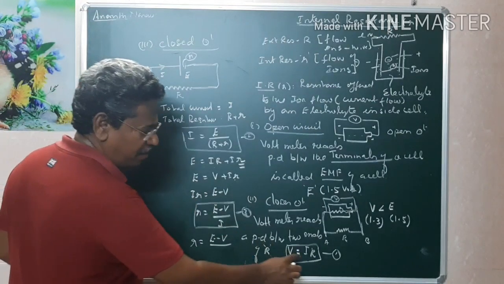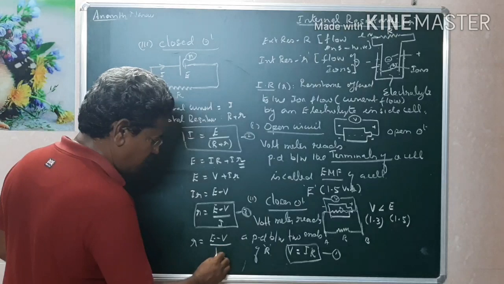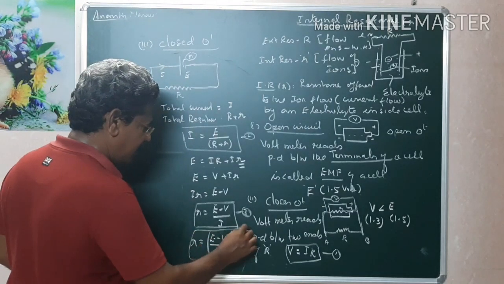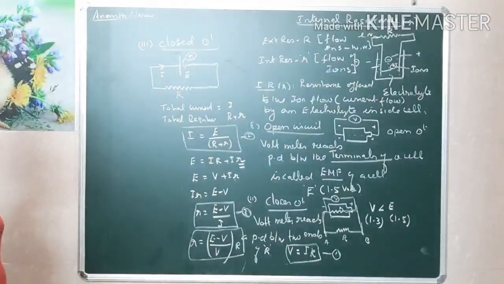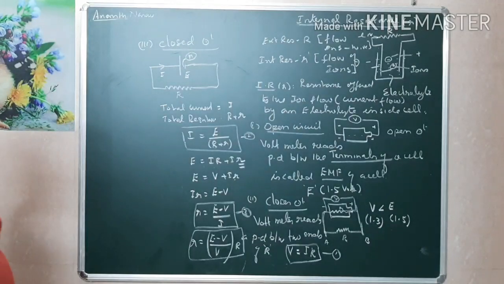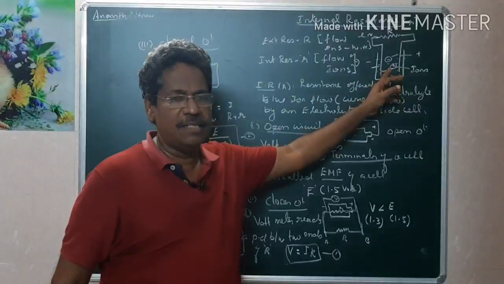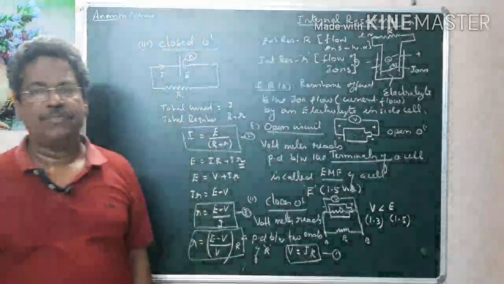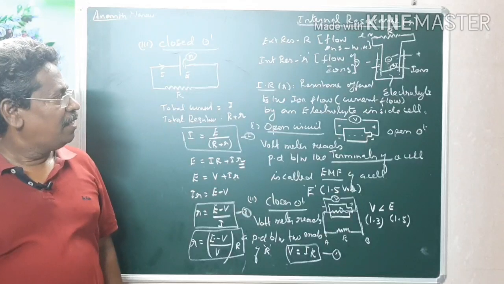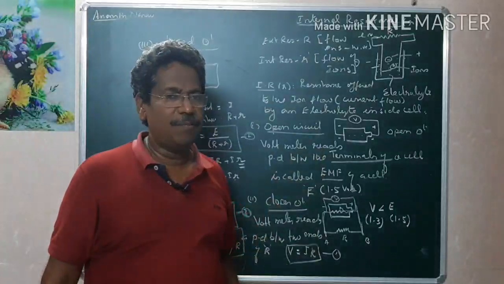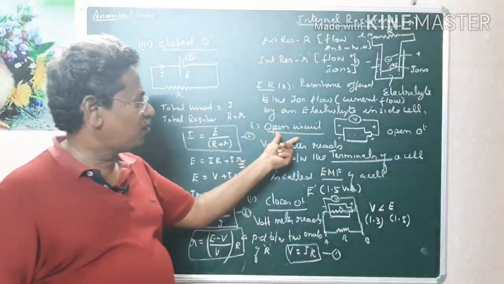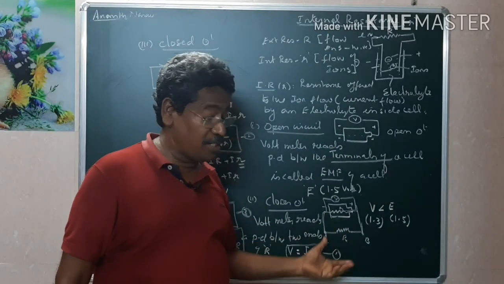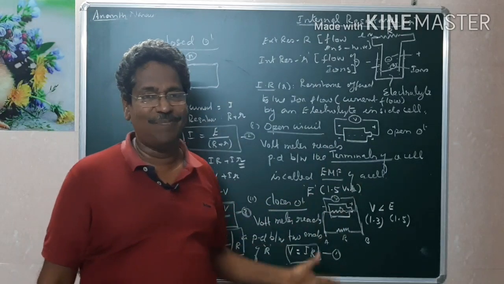That's all. Internal resistance can also be written as r equal to E minus V by, what is the expression for I? I can be written as V by R. So you can also write this as r equals E minus V by V by R, like this. This is another expression for internal resistance r. The internal resistance is the resistance offered by the cell to the flow of current, especially for the movement of ions inside the electrolyte. This internal resistance can be measured by taking two conditions. In the open circuit, what the voltmeter reads is called EMF. When it is closed, what the voltmeter reads is called potential difference. Both are not the same.